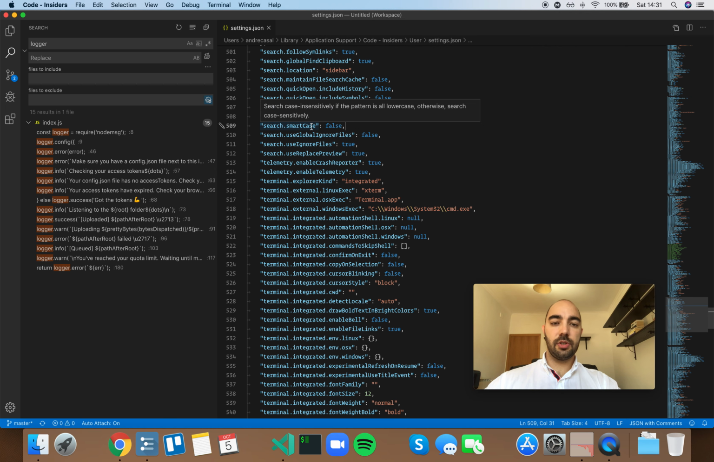Okay, so search smart case. Search case insensitively if the pattern is all lowercase. Otherwise, search case sensitively. I think this is actually a really good option. I don't know why it's not... well, I guess I know why it's not enabled by default. It may be confusing if you don't know that the setting exists, but I actually find it to be very